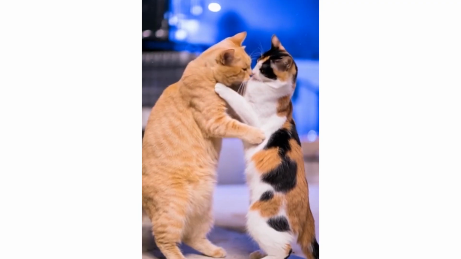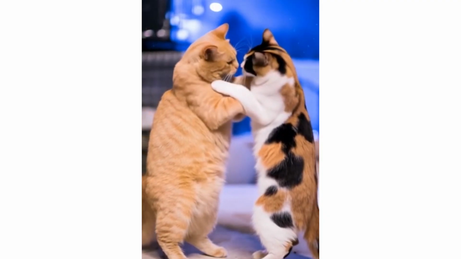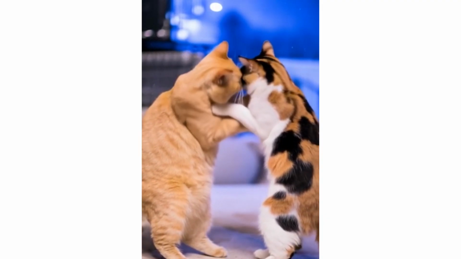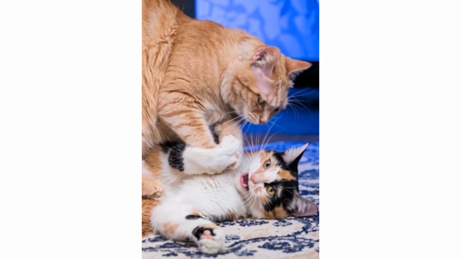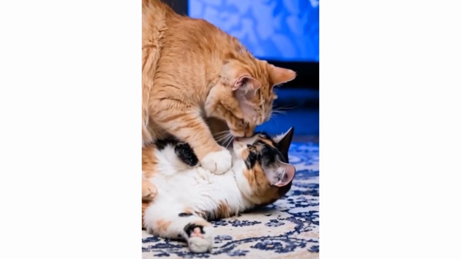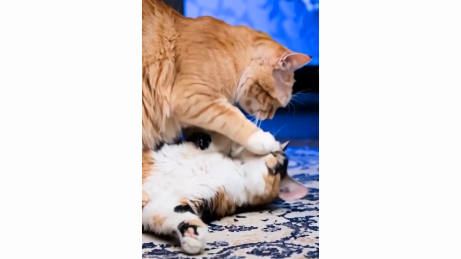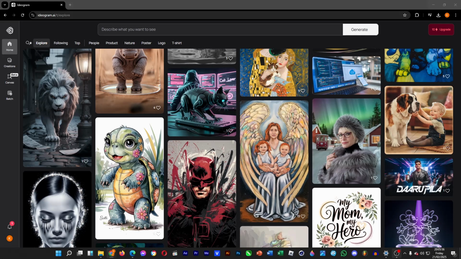Here's how you can create an AI animation of some cats fighting, for instance, by generating images of those fighting cats, and then we're going to generate images which will then be animated. So the first platform that I use to generate images of the fighting cats will be